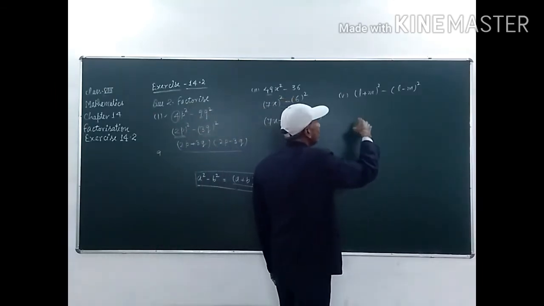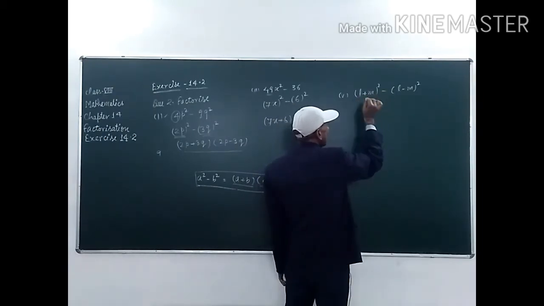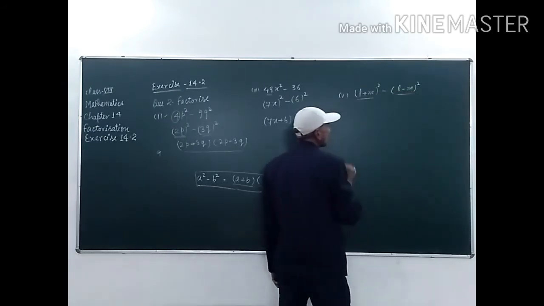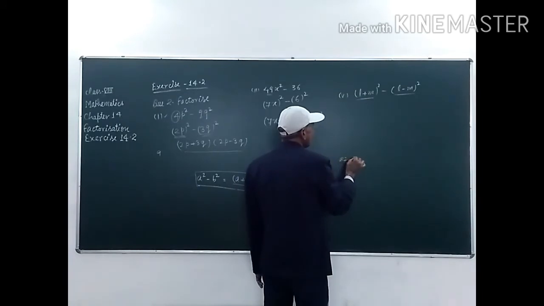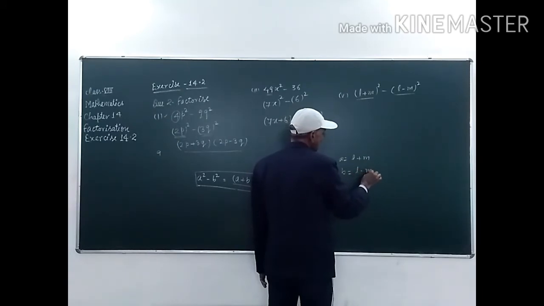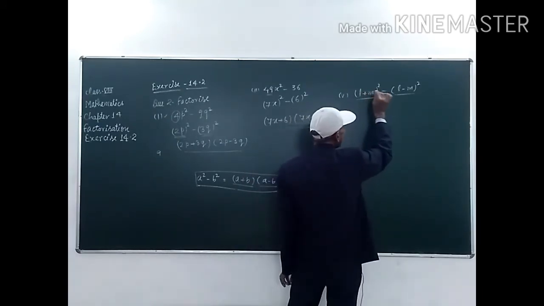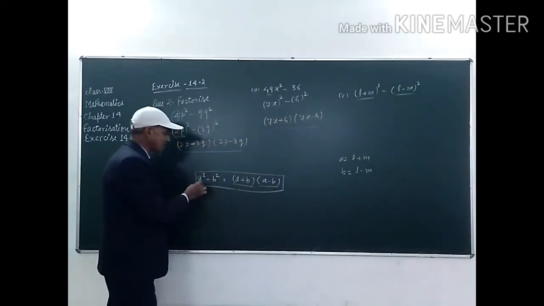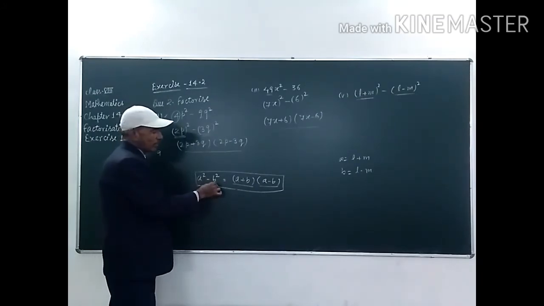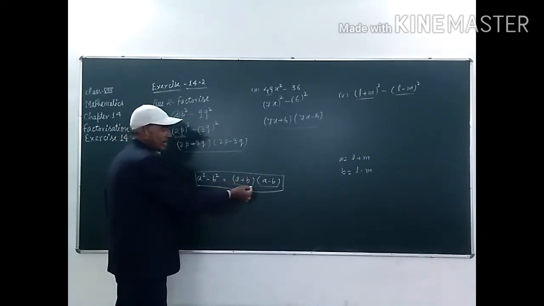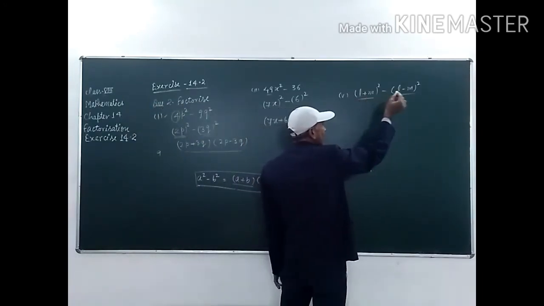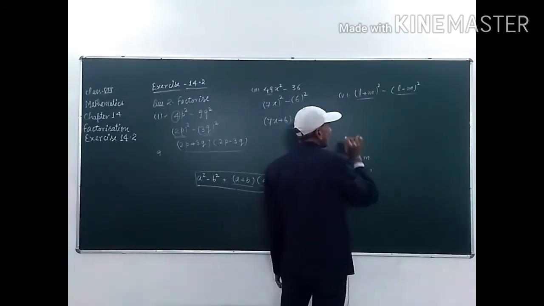And in this part, this one is L plus m whole square. Student, this one is a and this one is b. So, in place of a we have L plus m and b is equal to L minus m. And in between this a square and b square, there is a negative sign. So, we have to use the identity, that is a square minus b square, that is a plus b in one bracket and a minus b in another bracket. So, students, this one is a and this one is b, a square minus b square.